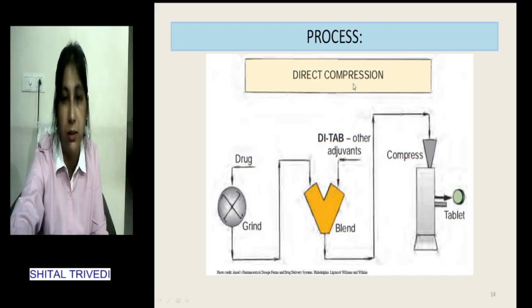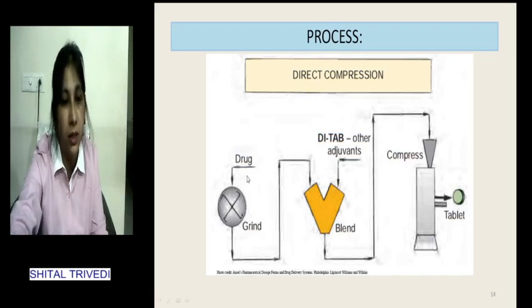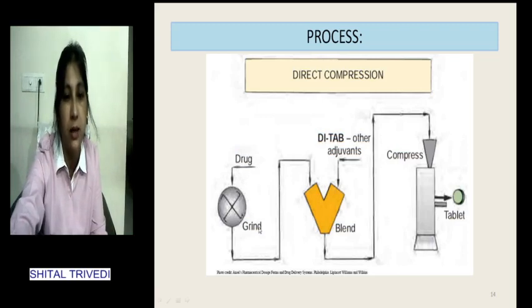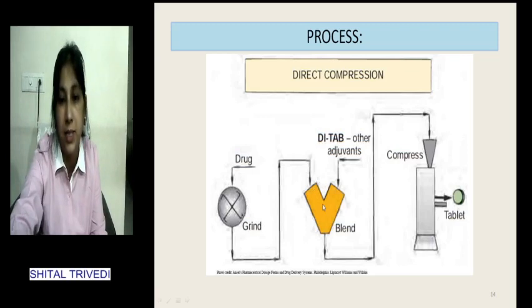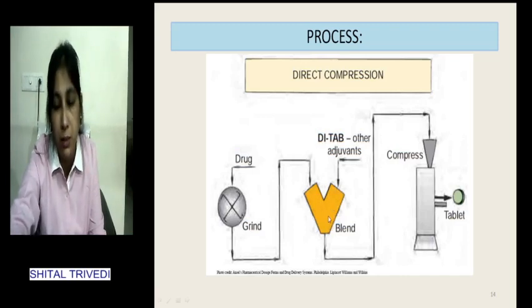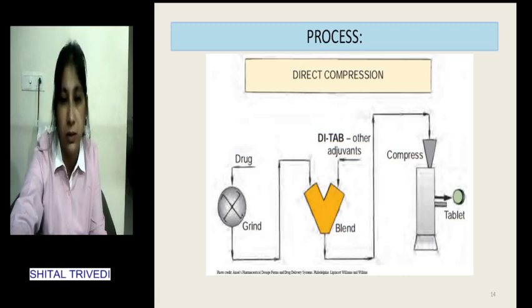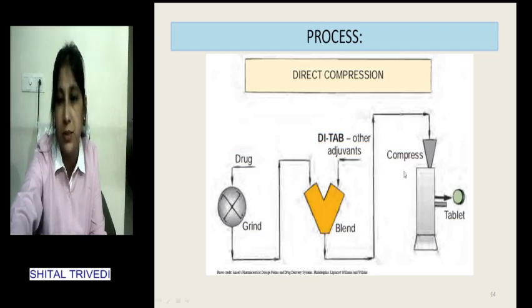Direct compression method, if we look at the process, is very simple. The initial weighing of the raw materials, and if grinding of the raw material is required, the next step is the blending of all the ingredients together. Lubricant and glidant can be added in the same equipment, which minimizes the transfer of material from one equipment to another, and that reduces the material loss and is also less time consuming, and the blend is ready for the compression.